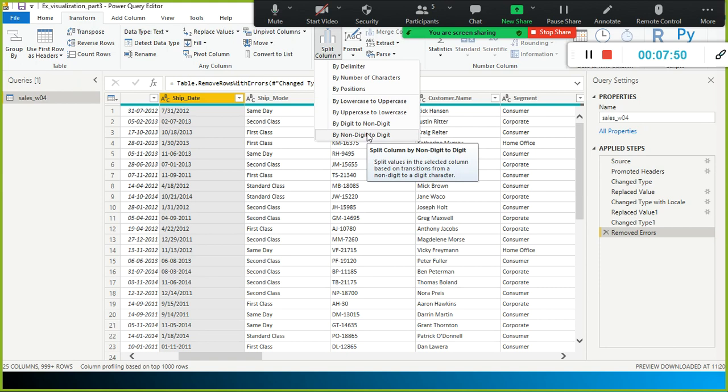For example, 12Raja. This is alphanumeric because alpha is Raja and 12 is the numeric value. So the combination of both is your text type. You cannot convert that as a digit, though it says non-digit to digit, right? Again it has some limitations.